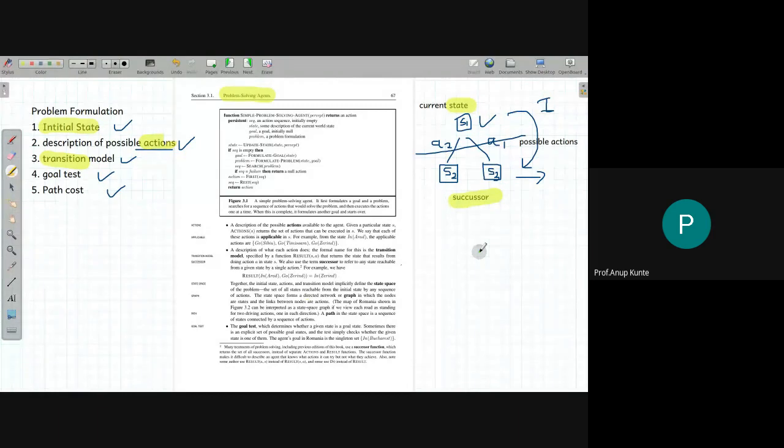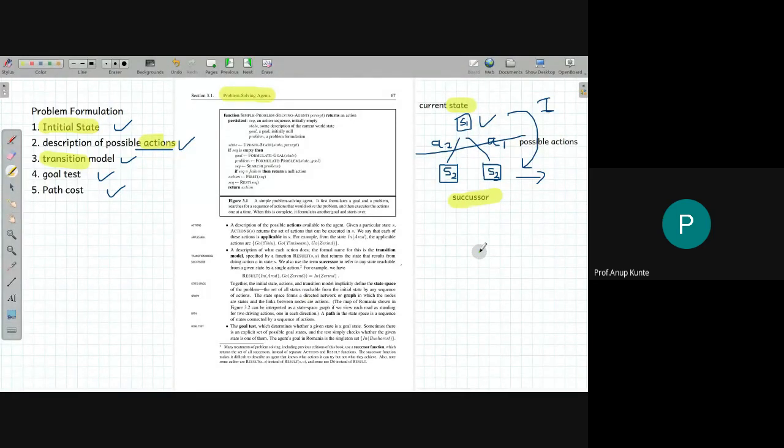The fourth thing that is important in the algorithm that I discussed yesterday, that is how the solution is obtained for a state space problem or an AI problem, which the problem solving agent is actually solving, is the goal test. Now what is the goal test? Say I'm in a particular current state Si or S1, as you see in the picture. I have a choice of applying action A1 and action A2, which will generate two states in my next generation, that is S2 and S3.